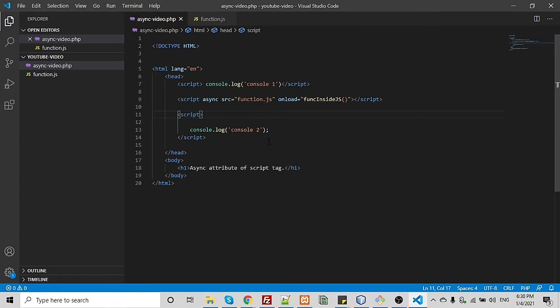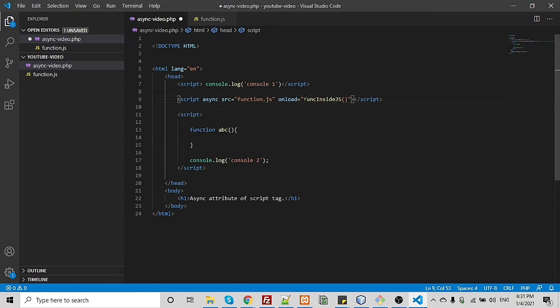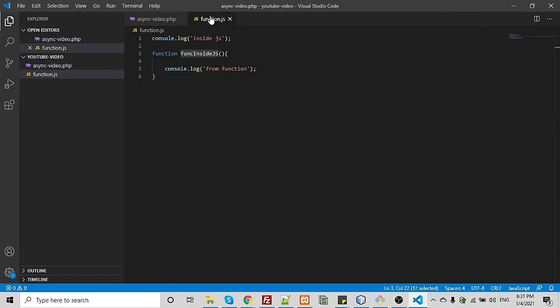Another way of doing this is, we can create another function, and you can write any name like ABC, and call this funcInsideJS function inside here and call this ABC function here. We do like this because currently we have one function, so I can put it directly in the onload attribute. But when we have multiple functions, like function